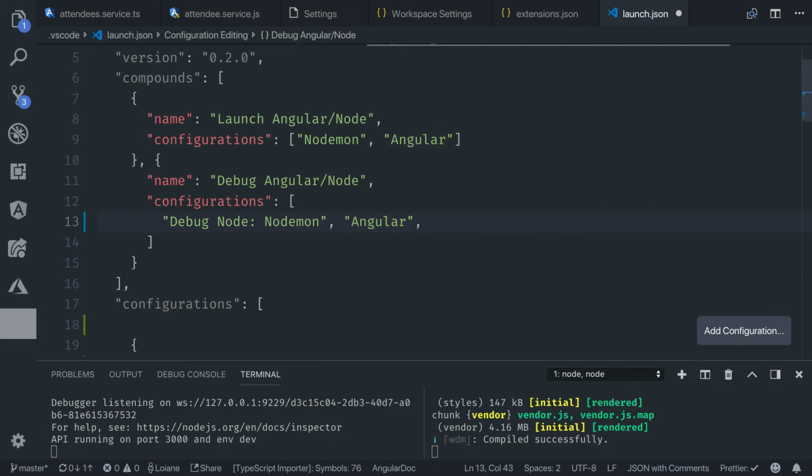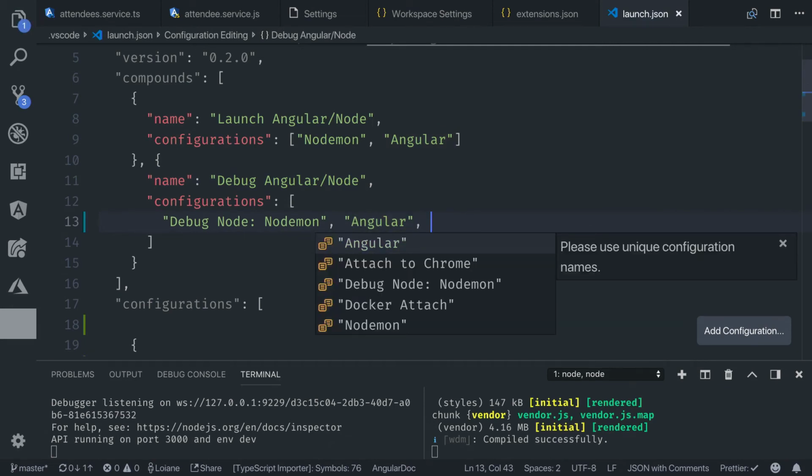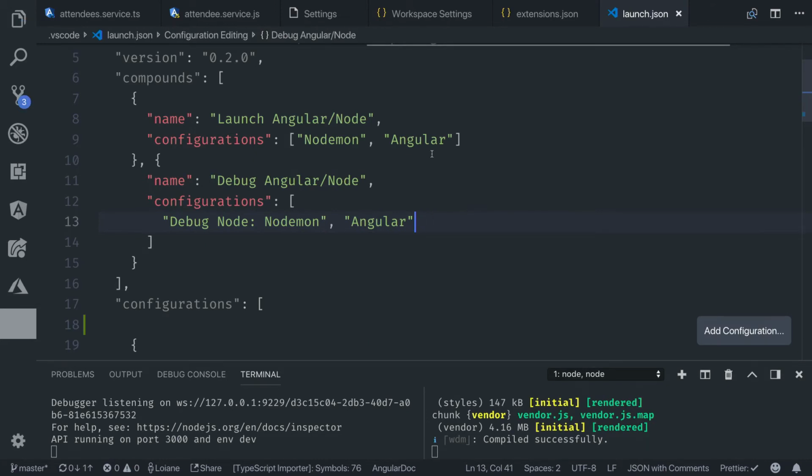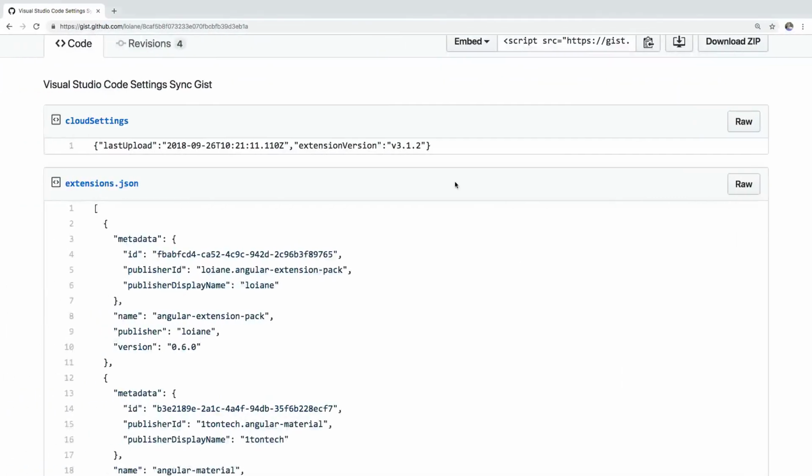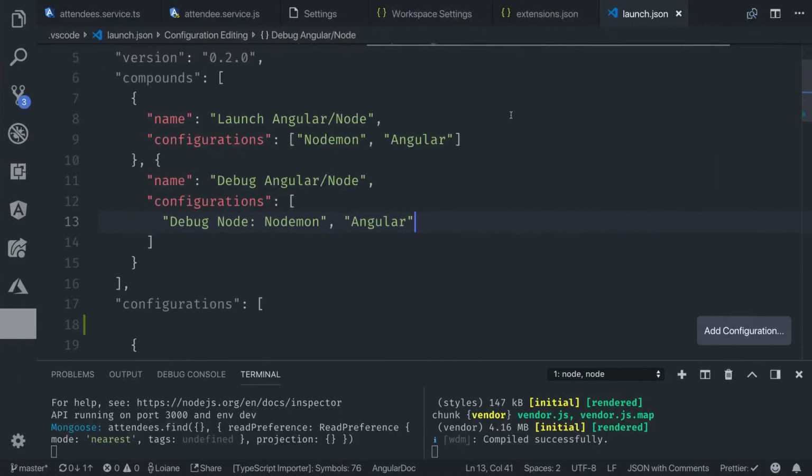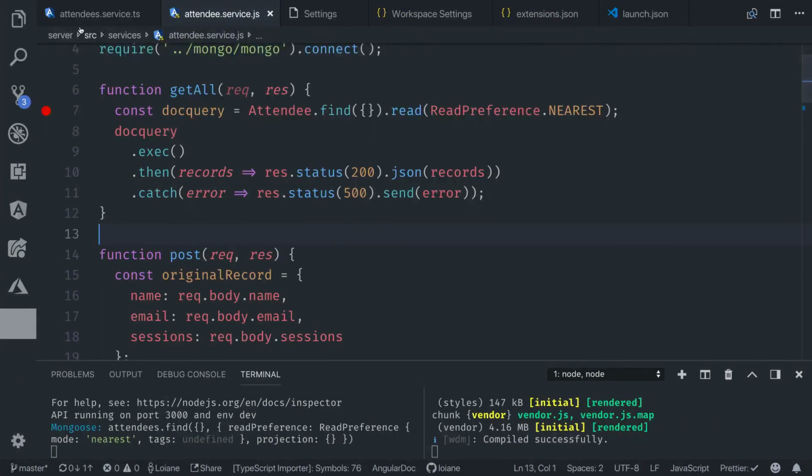And again, comma, Ctrl-Space, I get all the other configurations if I want to add a third as well. So it's up to you how many you need. So right here, I have it running. I'm going to quickly run the localhost 4200, and I'm going to get a,